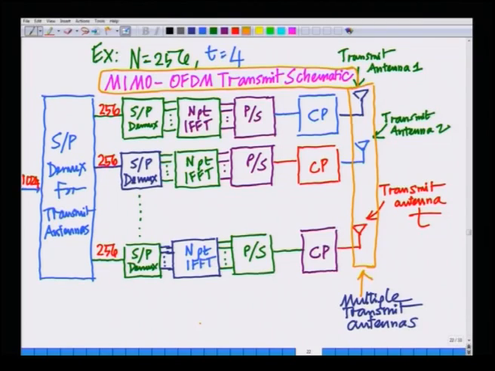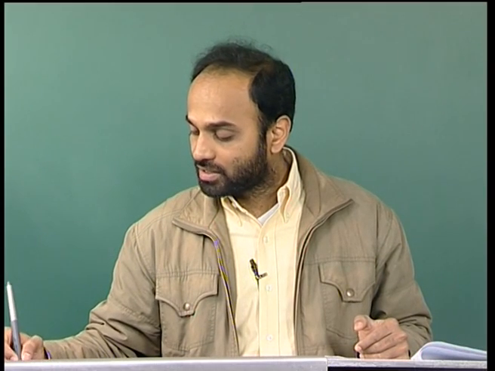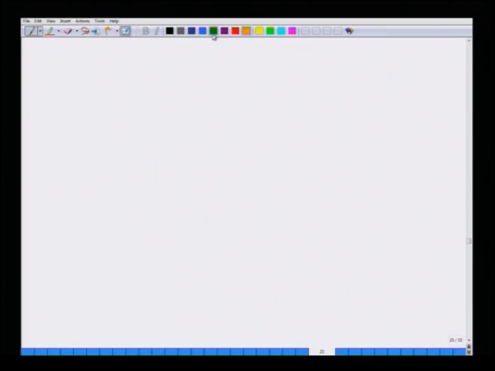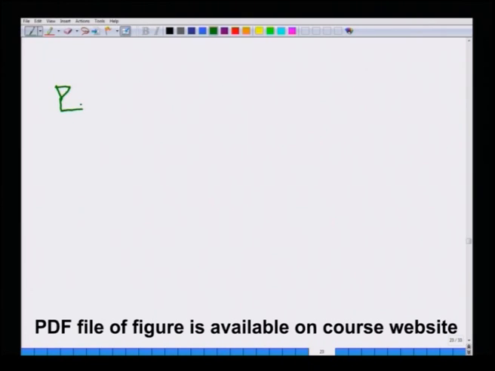Correspondingly, now we will look at what receive processing has to be done at the receiver in this MIMO-OFDM system, similar to what we had in the OFDM receiver. I will have to remove the cyclic prefix, so I will have a block for CP removal, followed by a block for